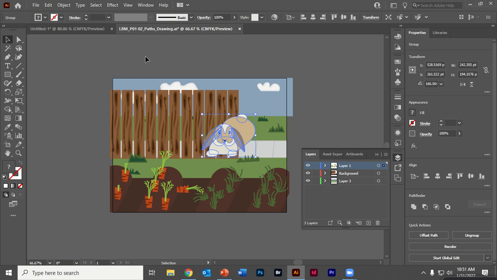Did I see a question? I was just wondering, how do you get more layers? Yep, to create a layer, I go to window to find the layers if it's not open, otherwise it's over here. And you can just click the little plus button and create a new layer. So now I've got a layer 4, or I can create a layer 5,